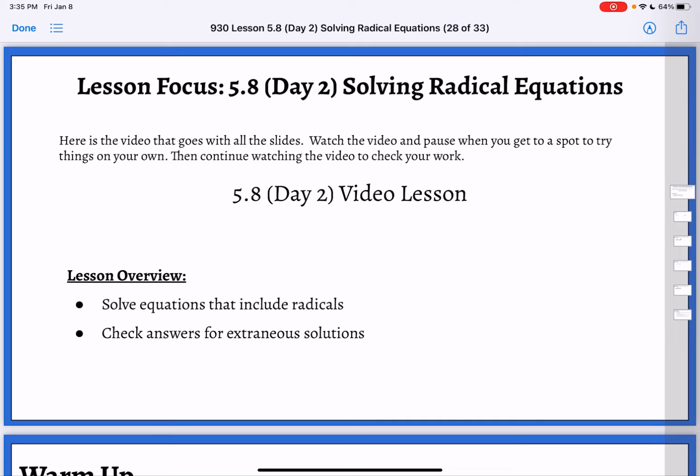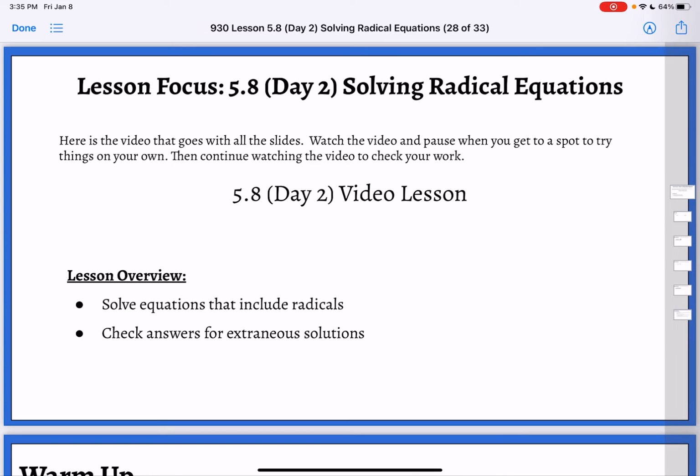Right, we have one more day here on solving our radical equations that we learned in our last lesson, for 9:30. It's nothing really new today. We're still going to be solving our equations that involve radicals and checking our answers for those extraneous solutions like we learned about last time. Today we're just going to look at a couple of different types of problems and make sure that you're